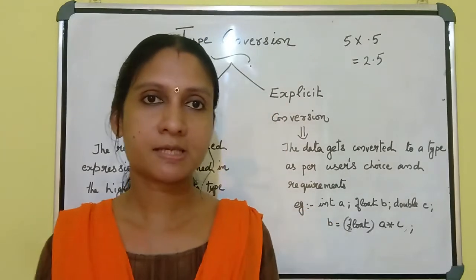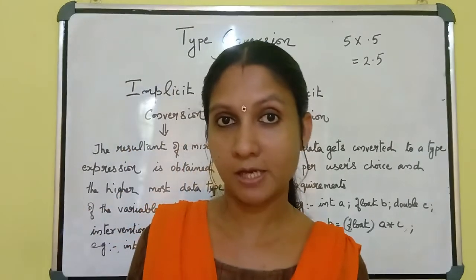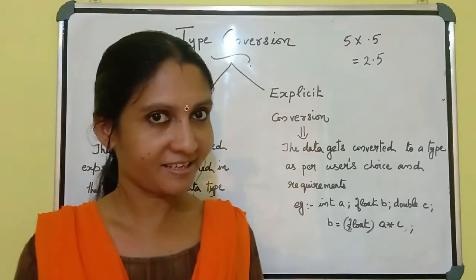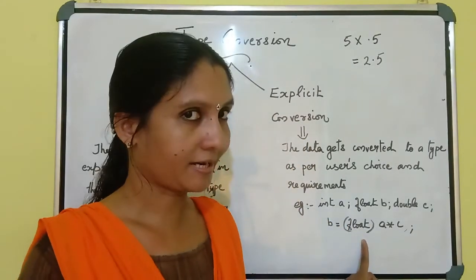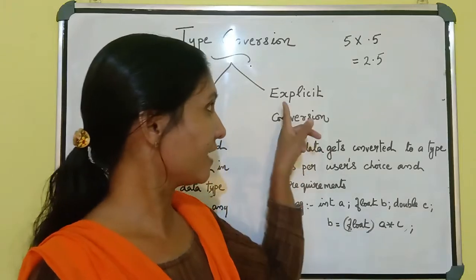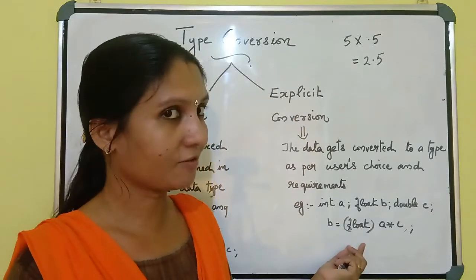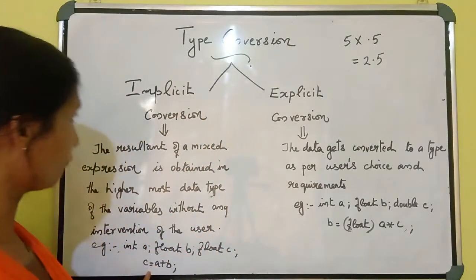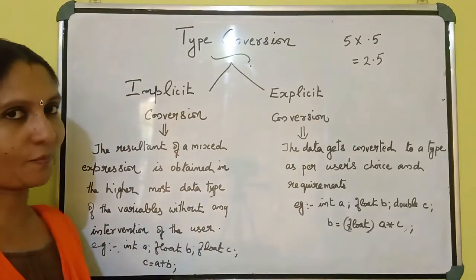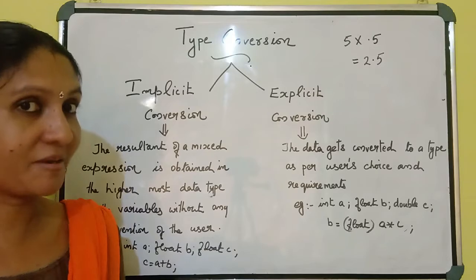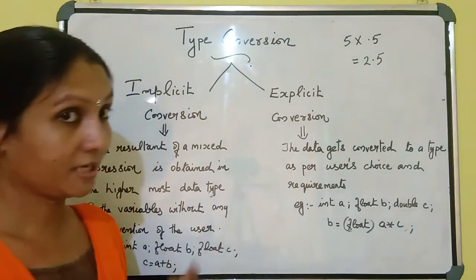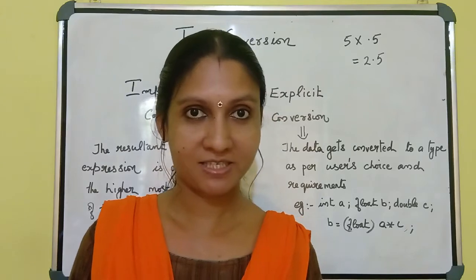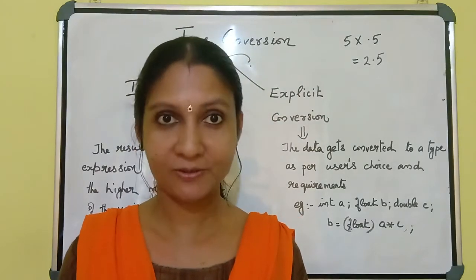Always in public examinations, they ask about type conversion and the different types of type conversion. And listen carefully: if there is a bracket, that type is known as, simply we can identify this one, explicit conversion. There must be a bracket. But in the case of implicit conversion, there are no brackets. I think that is the simplest way we can understand whether it is an explicit conversion or an implicit conversion. I think you all understood this one. Okay.